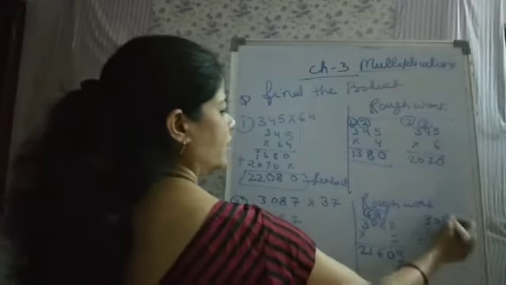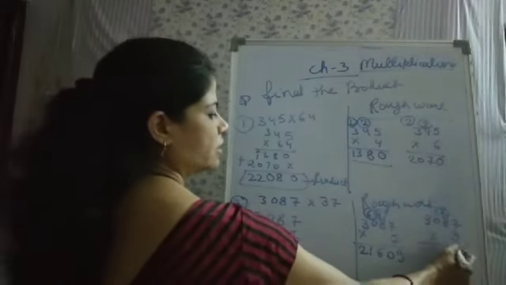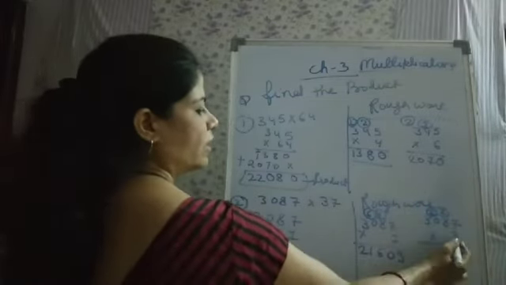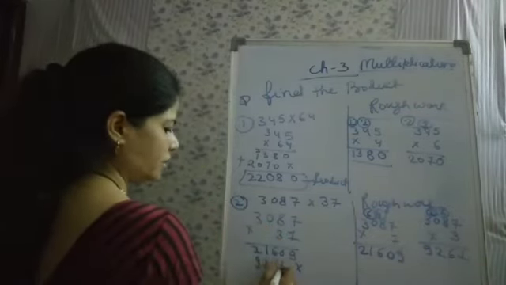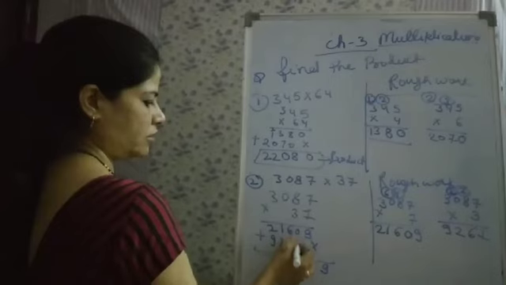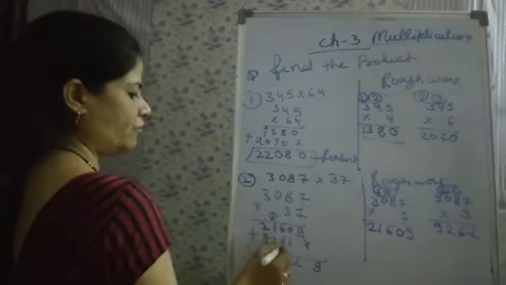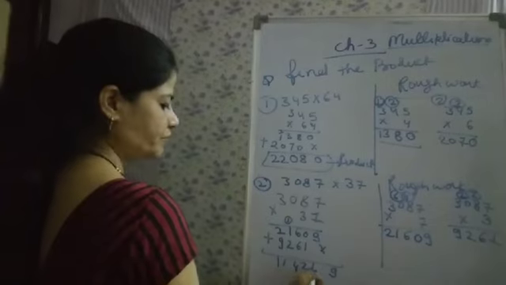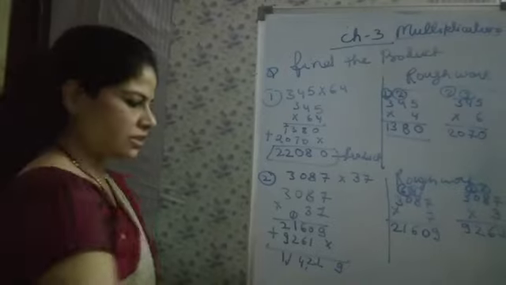Then you have to multiply 3087 by 3. 3 7s are 21. Write 1 in answer, carry over 2. 3 8s are 24. 24 plus 2 will be 26. Write 6 in answer, carry over 2. 3 zeros are 0. 0 plus 2 will be 2 and 3 3s are 9. Leave one space and write the number 9,261. Then you have to add both the numbers. 9 plus 0 will be 9. 0 plus 1 will be 1. 6 plus 6 will be 12. So write 2 in answer, carry over 1. 1 plus 1 plus 2 will be 4. And 9 plus 2 will be 11. So what are you getting here? 1,14,219. This is the product.